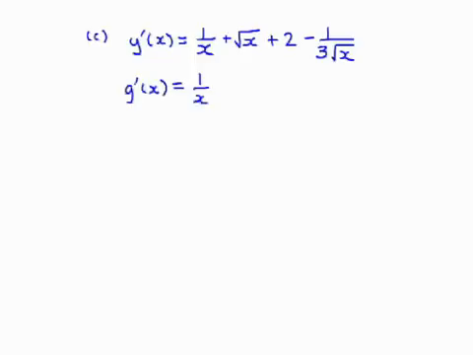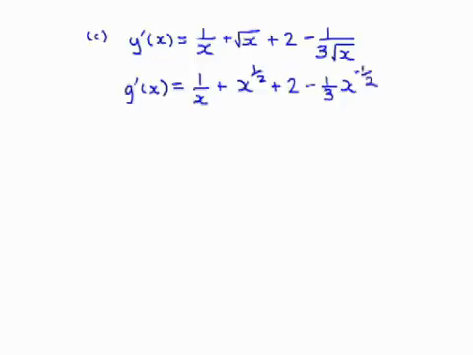In this particular question, we've been asked to find the general solution given that g prime of x is equal to 1 divided by x plus the square root of x plus 2 subtract 1 divided by 3 root x. Well, I'm going to start by stating g prime of x in a slightly different form, where I'm using exponents. So I'm going to have 1 divided by x plus x to the 1/2 plus 2 subtract 1/3 x to